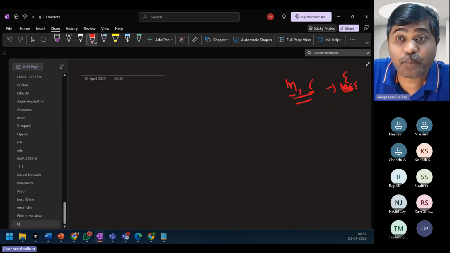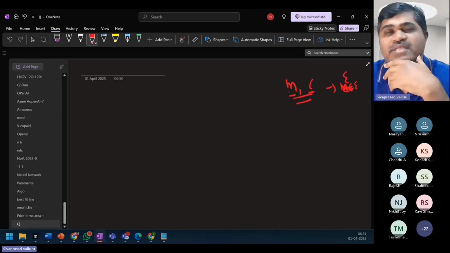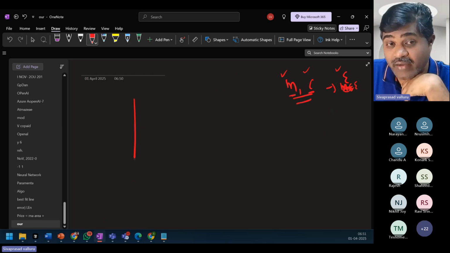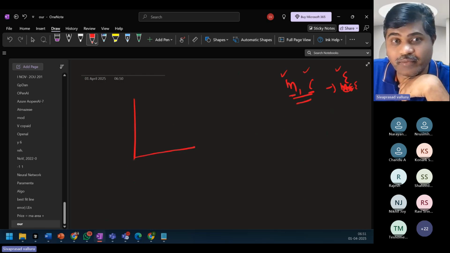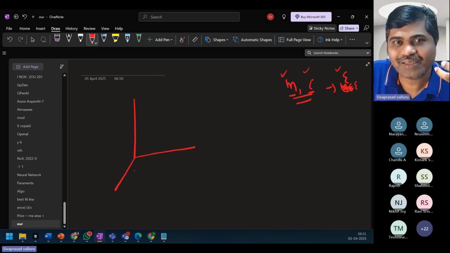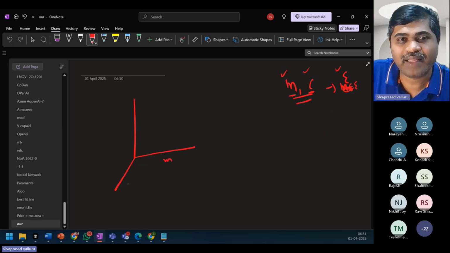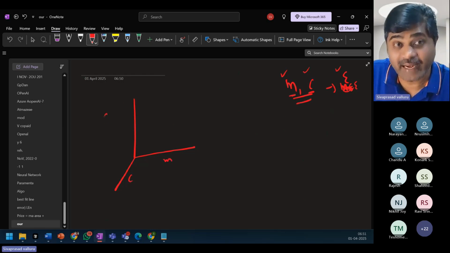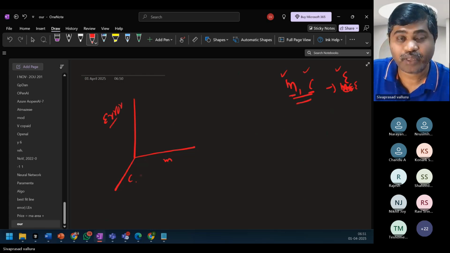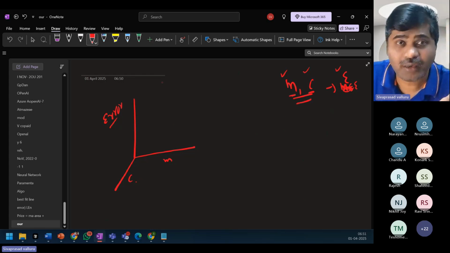Now, if I try to plot a graph, how many dimensions are there? Three dimensions. So this is M, this is C, and this is error. In 3D it is difficult to visualize, but I'll just draw.